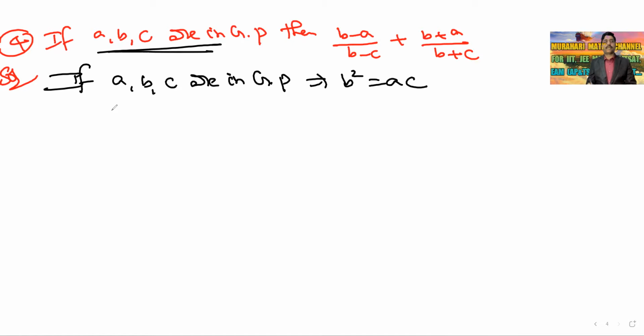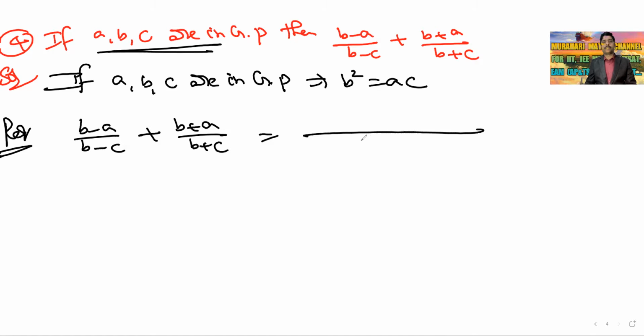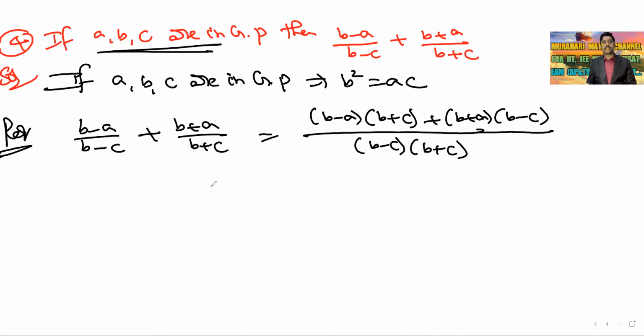Okay. What is required? The required is B minus A by B minus C plus B plus A by B plus C. So let us do the LCM: B minus C into B plus C. It will be B minus A into B plus C plus B plus A into B minus C. So this is nothing but B minus A into B plus C, it will be B square plus BC minus AB minus AC. So it will be B square minus AC plus AB minus AC